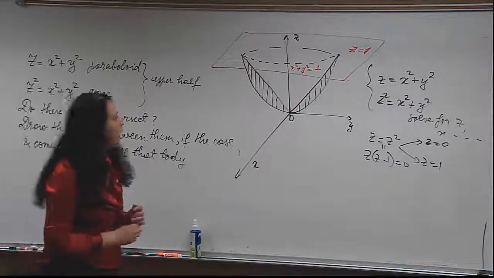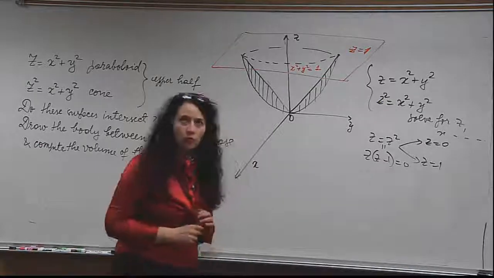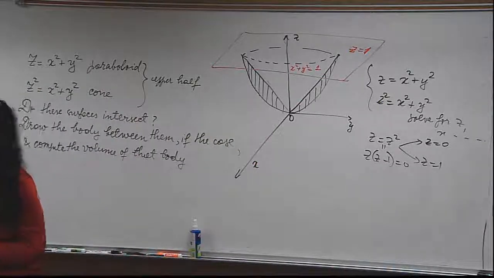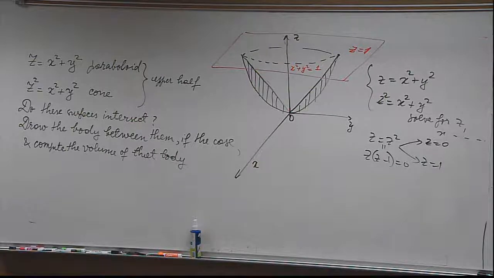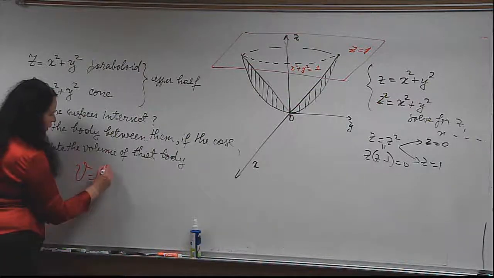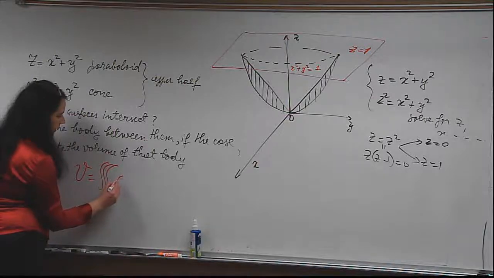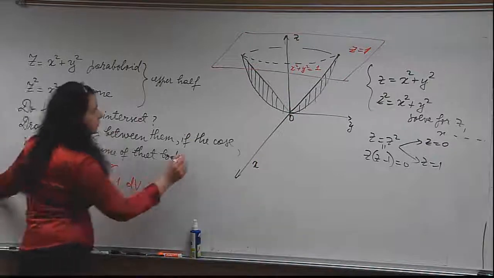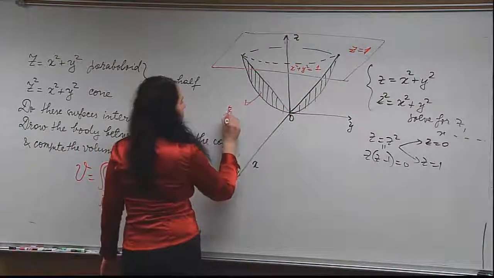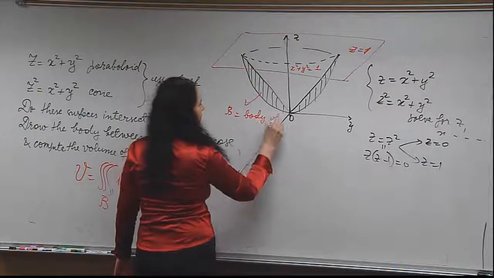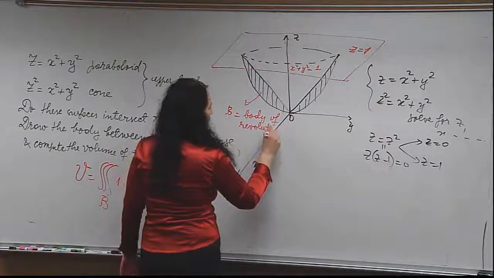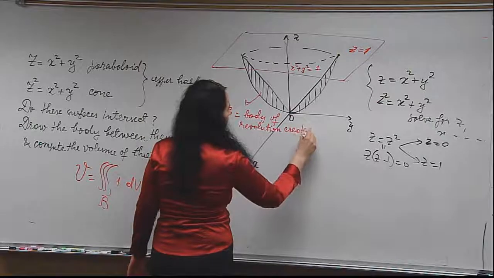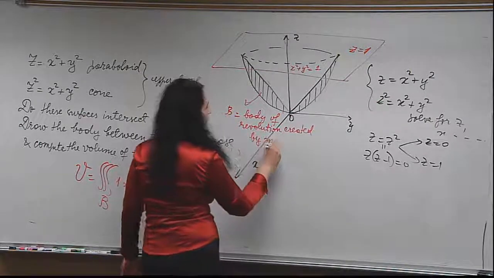Okay, so how many ways to do this are there? When we were in chapter 12, we said the triple integral will give me the volume. So the volume will be the triple integral over a certain body of 1 dV, where the body is the body of revolution created by the motion of,